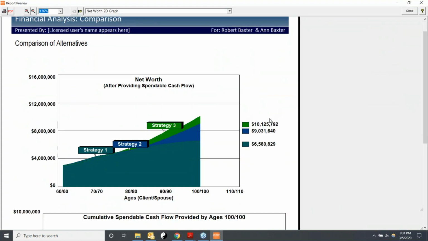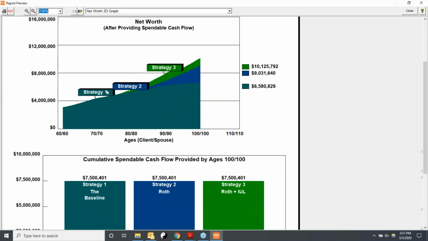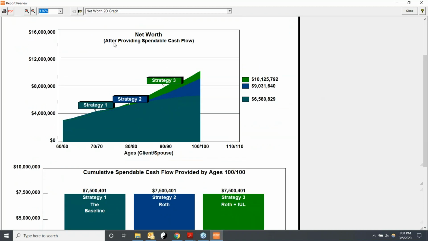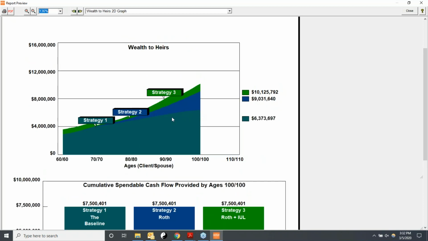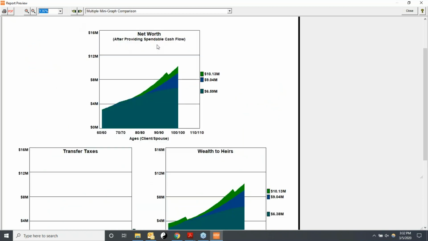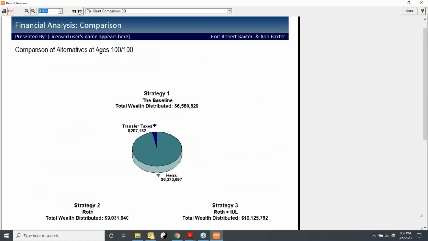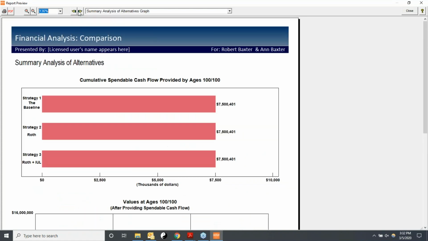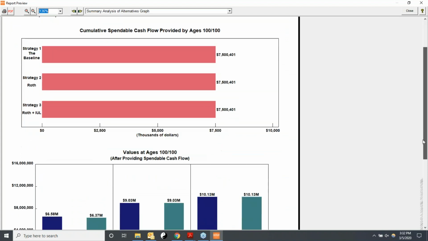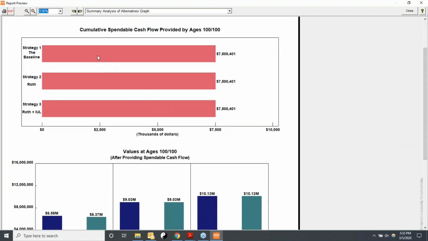See, it shows you now from net worth, scenario 1, scenario 2, scenario 3, okay? And wealth to heirs, and multiple graphs, bar graphs, and this report, which shows you now cumulative spendable cash flow,